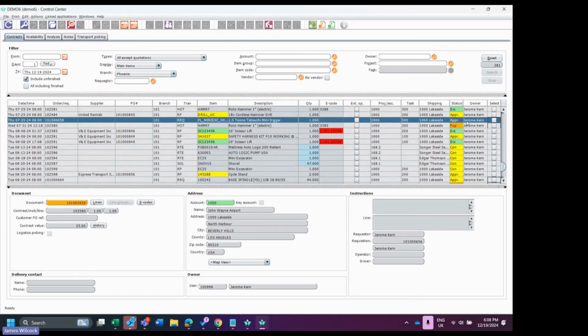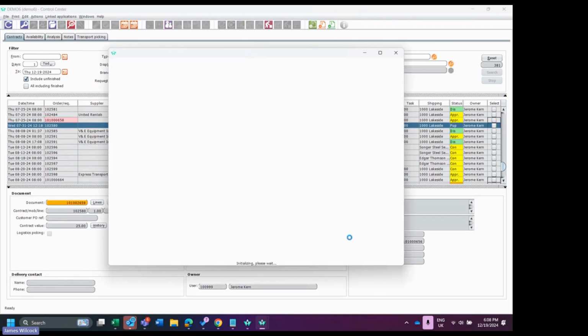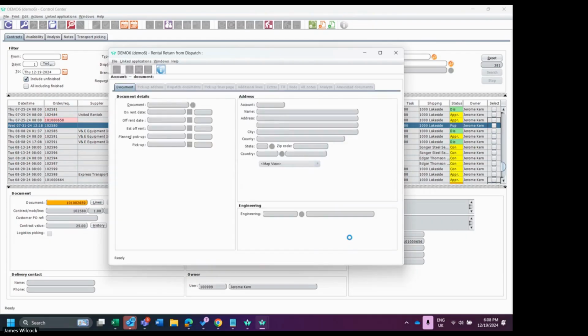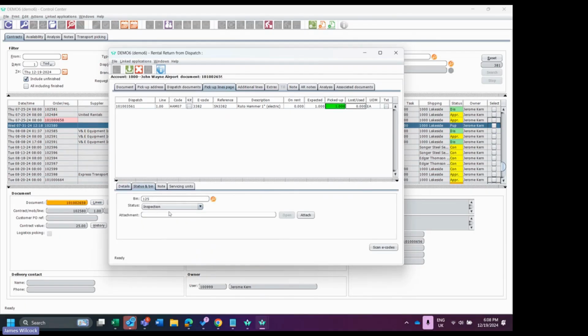When you come to do it, so this one in PUP pickup, this is a job site that's asked us to pick something up. I can do a return, and then part of that return, we can have a workflow that brings it back into WIP status. So this is a hammer drill, and you can see my status is inspection. I can set the parameters up in the system to say, bring it back into this bin location in this inspection. So when I return this asset 3382,